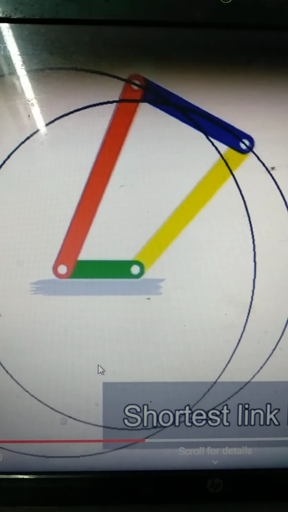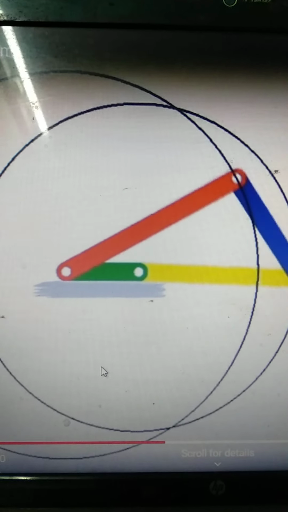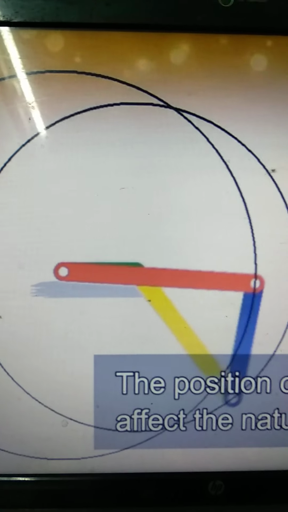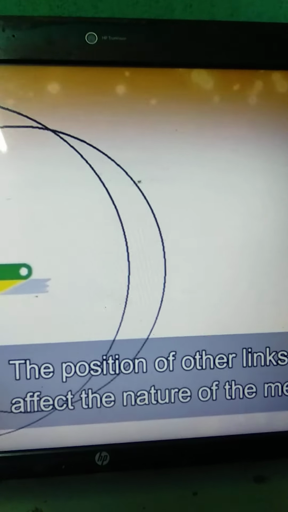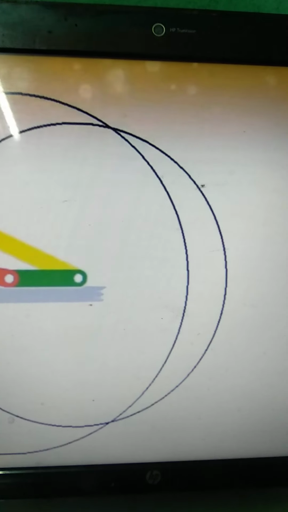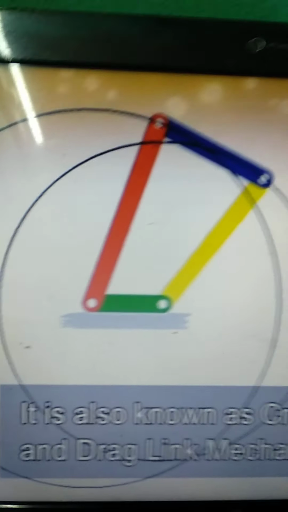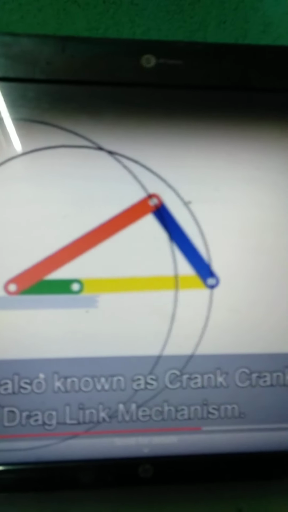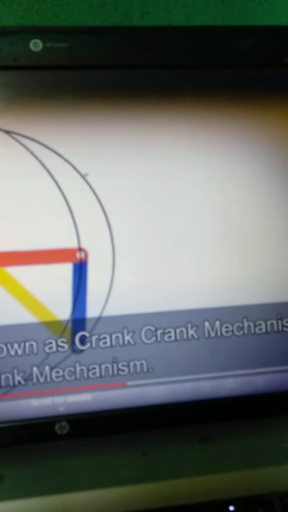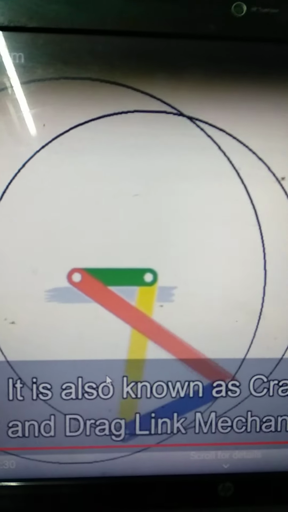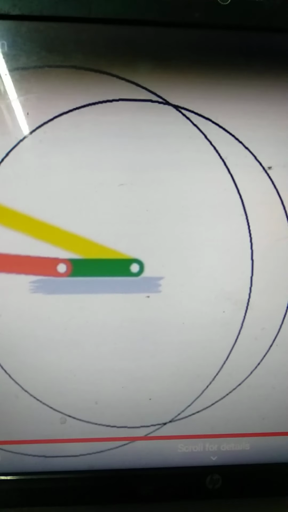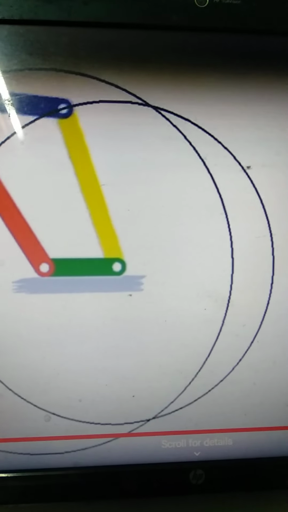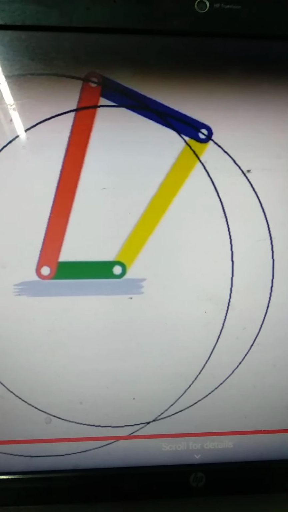So these are the two cranks, and the shortest link is fixed, that is the green link. So this is a double crank mechanism where all the links can rotate.